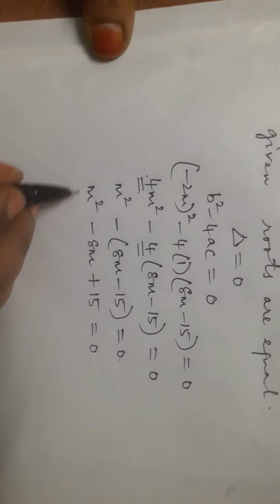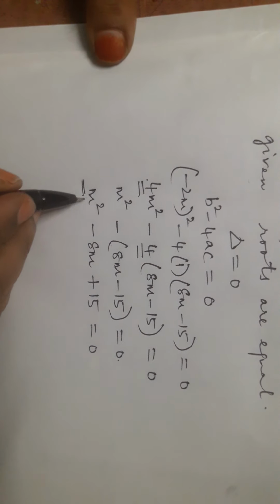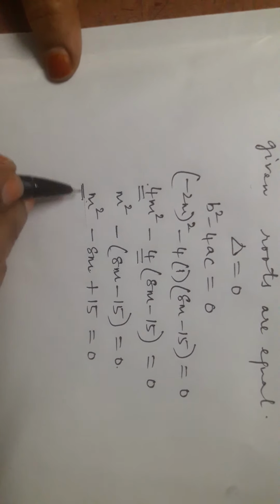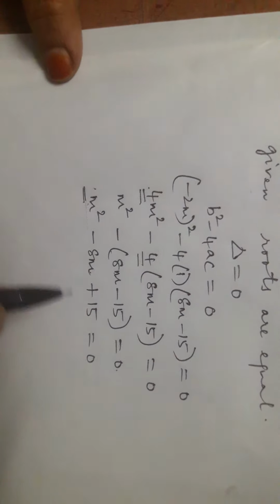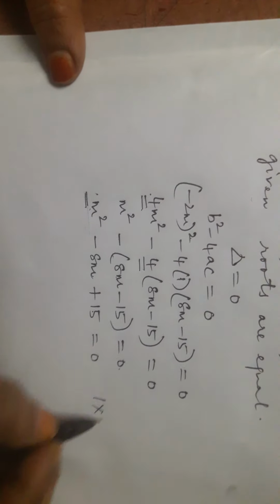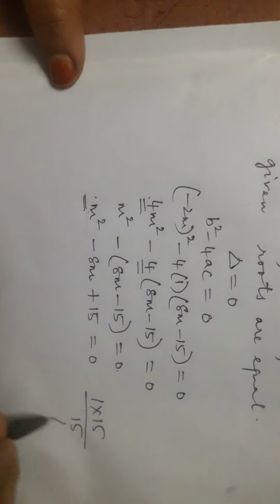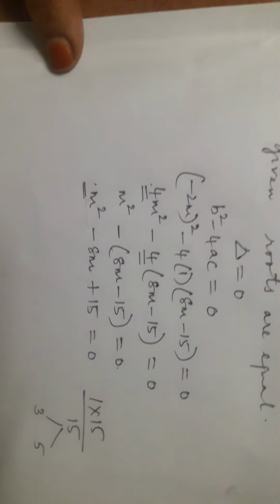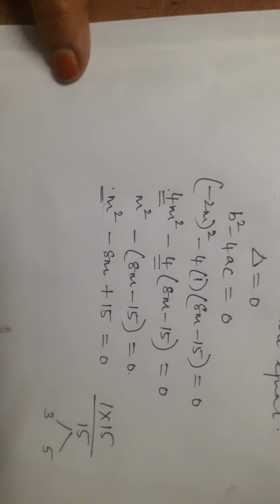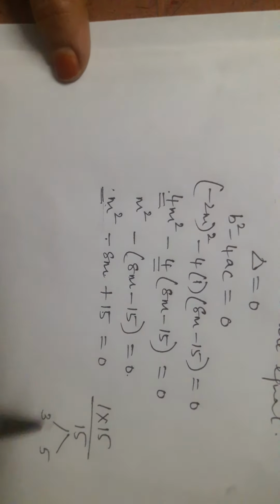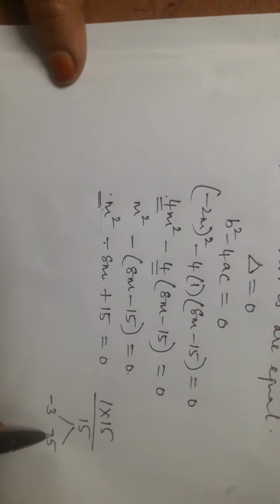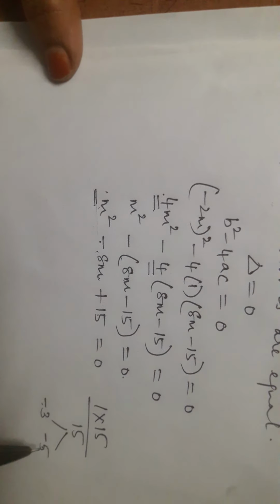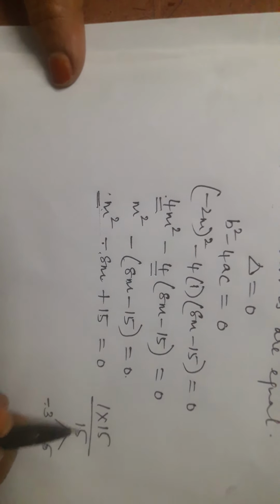So factorize this equation. This is also a quadratic equation in m. So we are factorizing this equation. Coefficient of m square is 1. Constant term is 15. So 1 into 15 is 15. Factors for 15 are 3 into 5 or 5 into 3. You can take however you want. I want minus 8. So I am giving a minus sign to these two numbers. Minus 3 minus 5 will give you minus 8. But minus 3 into minus 5 is giving you plus 15.